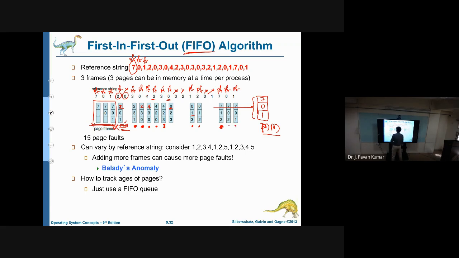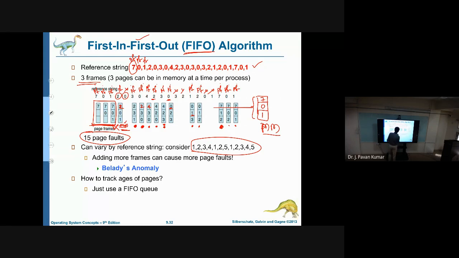Okay. Now total how many page faults we are having? 1, 2, 3, 4, 5, 6, 7, 8, 9, 10, 11, 12, 13, 14, 15. So total 15 page faults we have got, isn't it? 15 page faults whenever we consider this as the reference string and 3 frames and we have used first in first out as the page replacement algorithm, then we are getting 15 page faults.